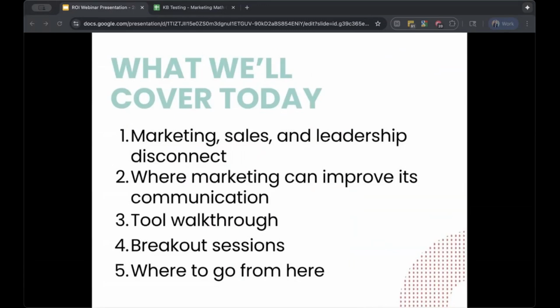Recently, I've been to a few conferences and webinars where there wasn't any clear actionable next steps. So we want to make sure this is an experience that you can walk away from and feel like you know what to do and you know how to use the tool that we've given you.